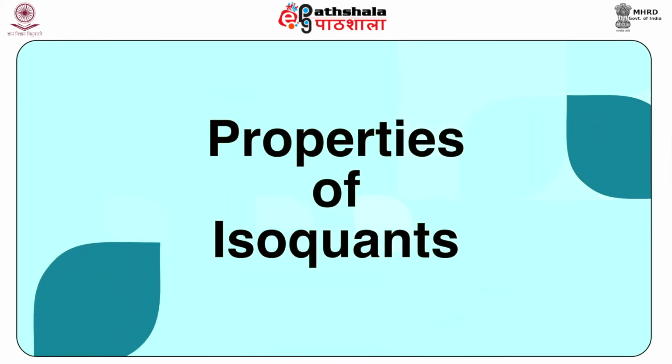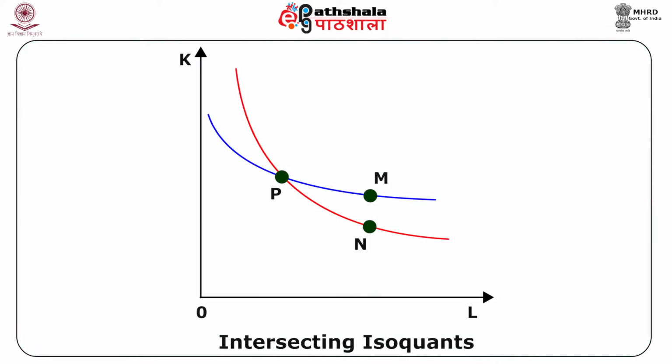Properties of isoquants. A. Isoquants slope downwards. The isoquant slopes downward from left to right. This means that in order to produce Q star level of output, a certain level of K and L are used. It is assumed that the marginal product of both K and L is positive.